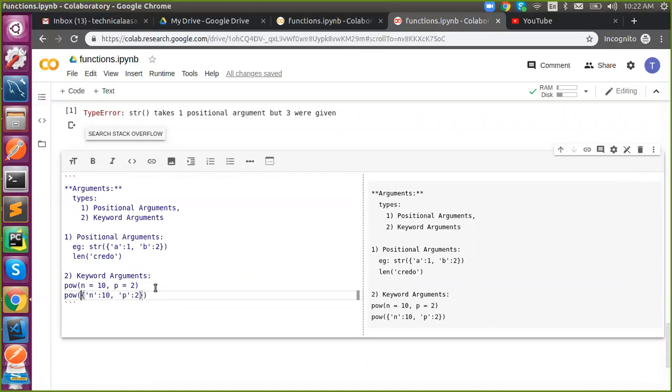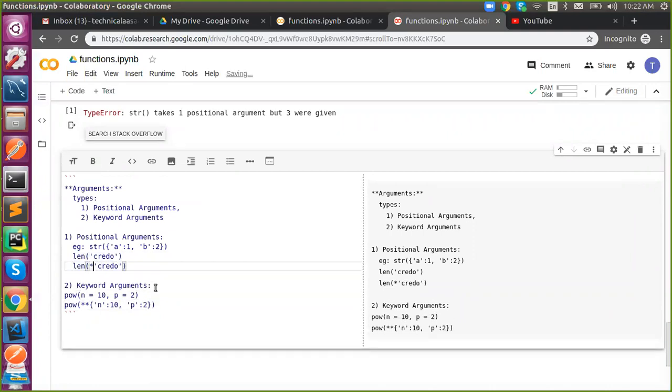You have to use double asterisk, double star. That's it. Then this will become like this. So this is an example for keyword argument. Got it?